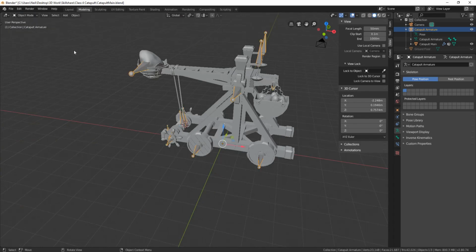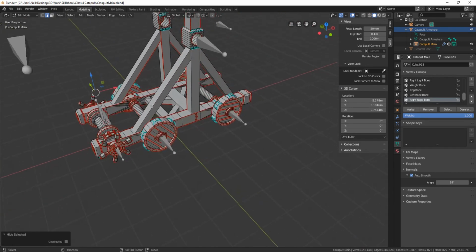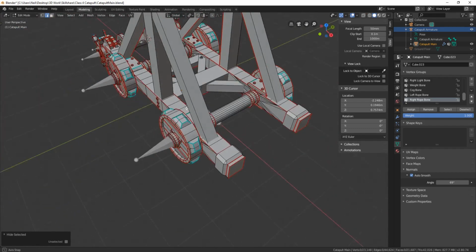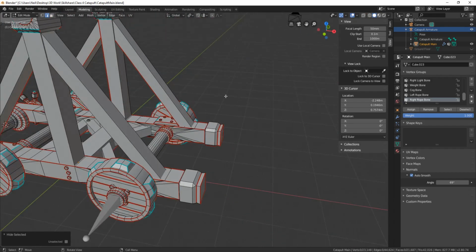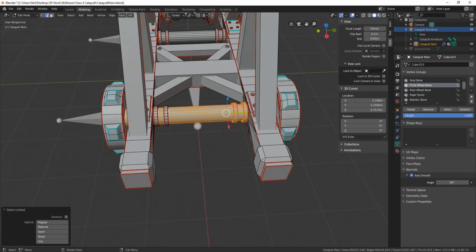Back to object mode, back to catapult, and now we'll hide this part, and I'll grab this part and hide it. So now we've got the wheels. Let's do the wheels next. So we need the front wheels, so let's find our wheels on the front. So front wheel bone, here we are. So let's grab all of this,